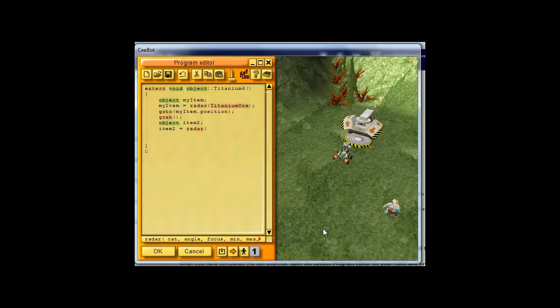Now we need to find the converter. The converter is called just that with a capital C. Then I'm going to say go to item 2 dot position. So now after it's done grabbing, it finds where the item 2 is, and then it's going to go to its position. Then we are going to drop, which is what we want to do,